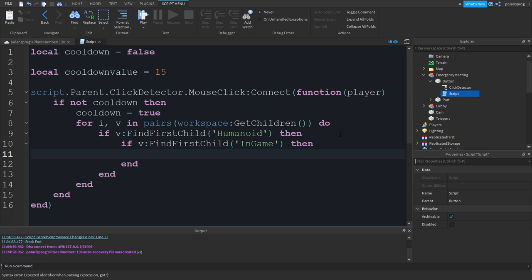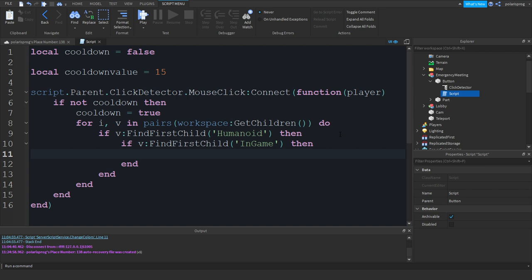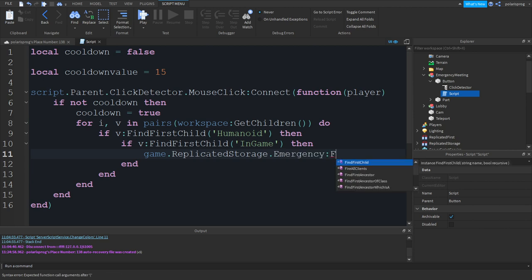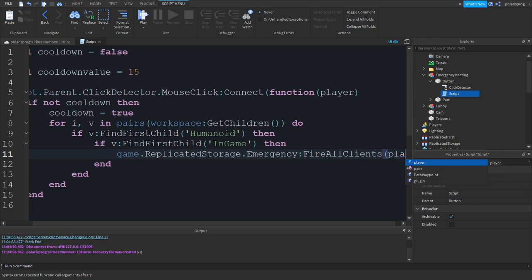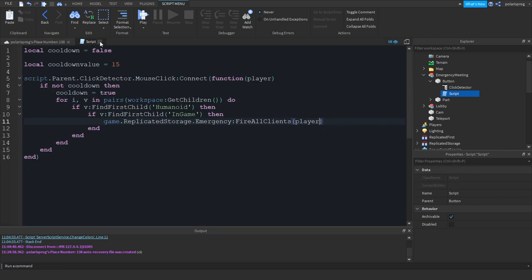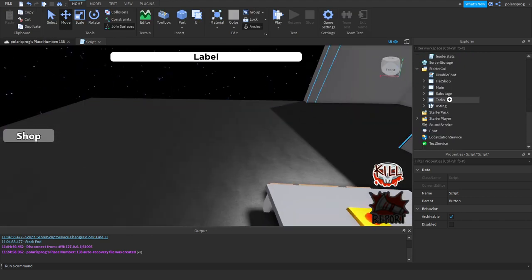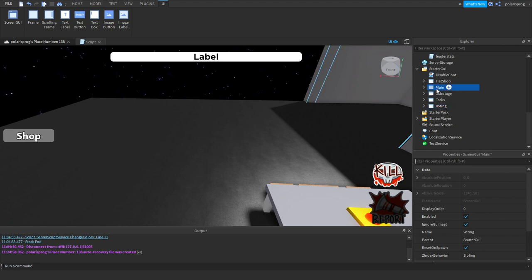Oh god, my hands are so cold, I can't type. So if you found that in game value, then I think all we have to do is, let me check if I'm still recording. Yes. So all we have to do, I think, is fire a remote event. Actually, no. So let's say we found the in-game value, then we'll fire a remote event, game.Storage.Emergency:FireAllClients, and we'll send the name of the player. Then exit out of the script, and inside of your main screen GUI,